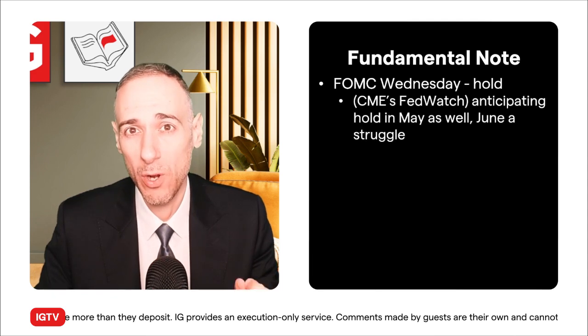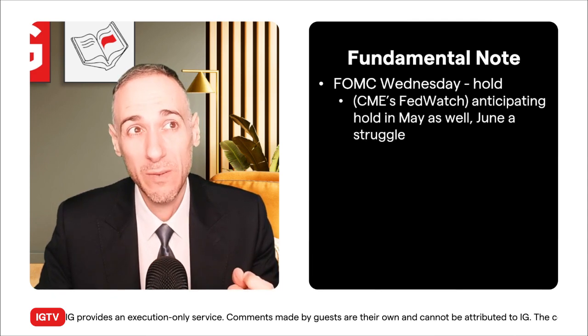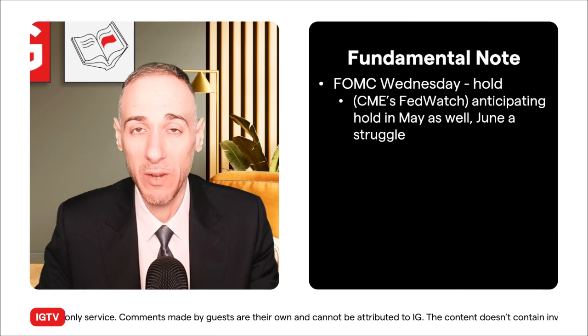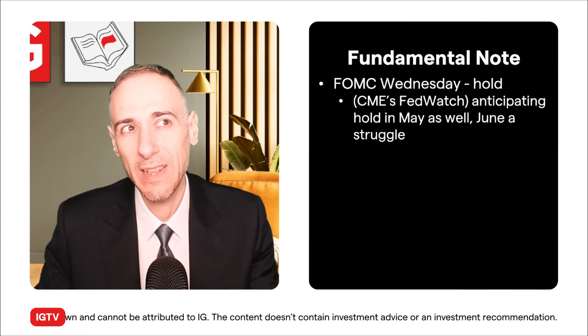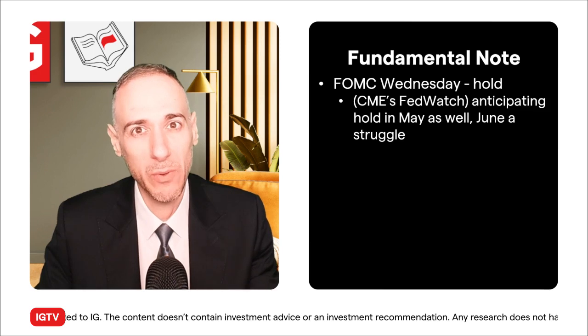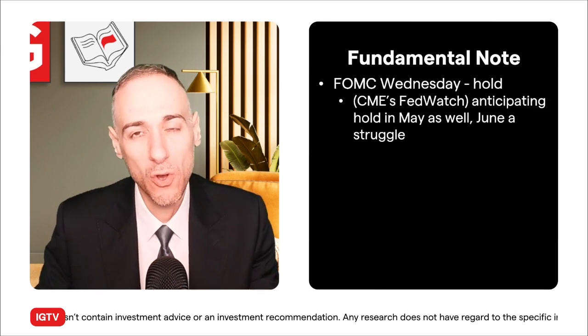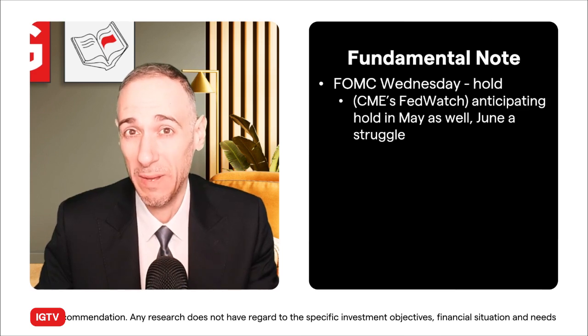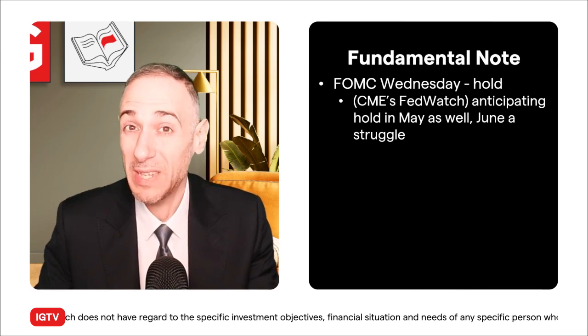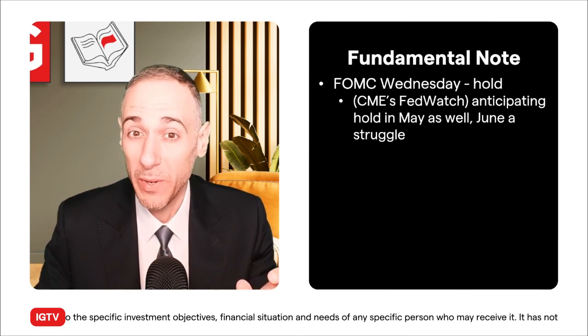But a lot of people are going to look at their dot plot, with pricing data hotter last week than anticipated. We're looking at CPI, producer prices, or even trade pricing data. Are they going to come out with the "I'm not in a hurry" theme? It's also a matter of them potentially changing the dot plot. So it's not about penciling in 3 cuts this year, but maybe taking it down to 2. There isn't much of a margin to move it from 3 to 2, by the way.